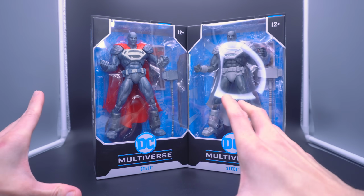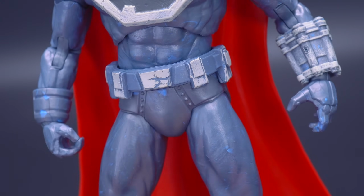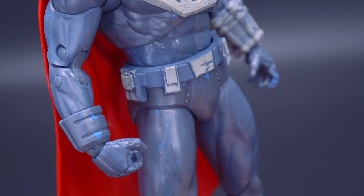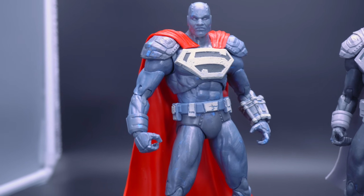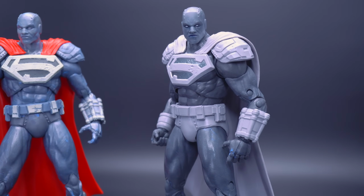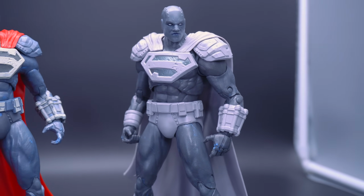Plus, my biggest detriment about the figure is the paint apps. I feel like they're very splotchy, very messy. I understand that they were trying to go for this vibe, this feeling like he's made out of this very alloy-like metal, and that's why he's called Steel. But personally, I feel like it didn't really translate very well in figure form, because you have all these chippings and splotchiness that, again, might have been intentional by design, but